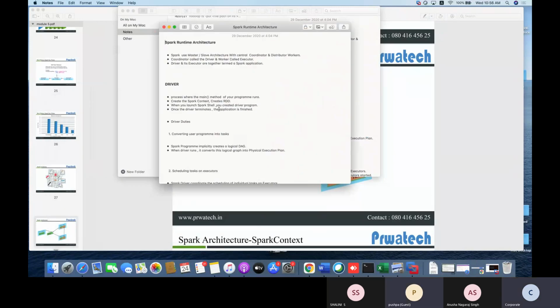What is the driver? The driver process runs when the main method of a program runs. It creates the Spark context and creates RDD. When you launch Spark Shell, you create the driver program. Once the driver program terminates, the application is finished. This is the job of the driver.